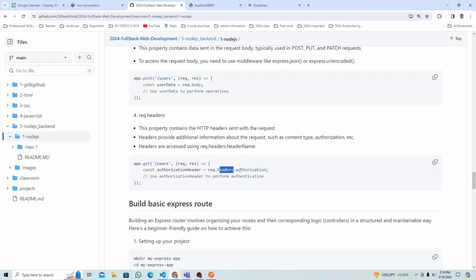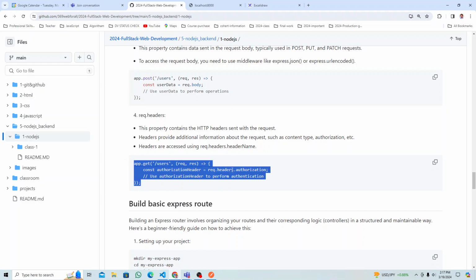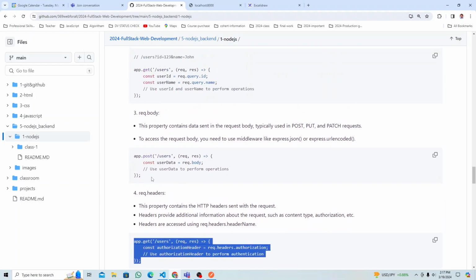So headers, and inside that you're going to have this thing, authorization or any name, like maybe ID or anything you send from the header. You can access it like this: request.headers. That is important, okay? It will give you whatever you're passing. For example, authorization is one of the properties maybe you have. That is what you access. So these are different ways you're going to access. For now, you will see this one,